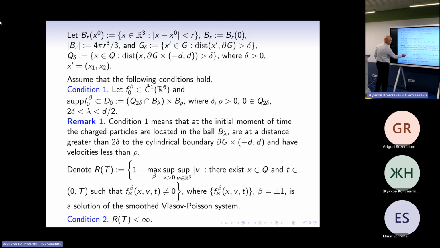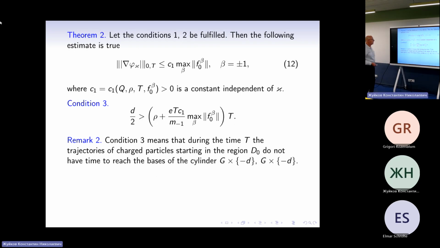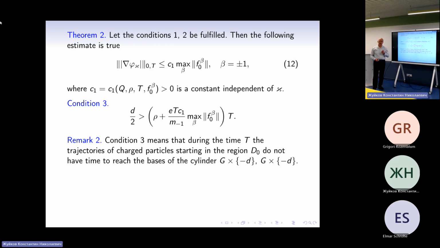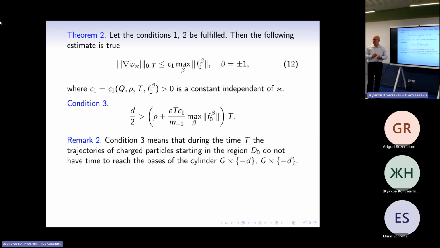Now we denote by R of T the following expression, and we assume that this R of T is less than T. Theorem 2. Let conditions 1, 2 be fulfilled. Then the following estimate is true. Well, unfortunately, I have no time to explain the proof. On the first glance, it is sufficiently clear. On the second glance, you must provide existence of